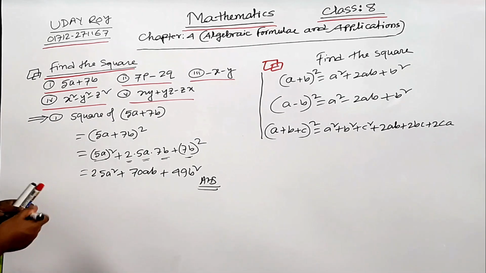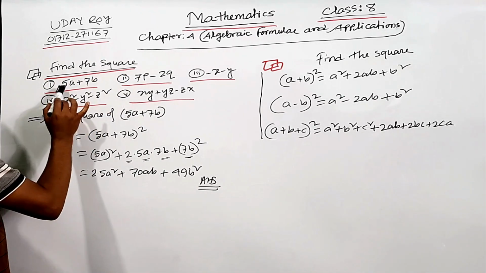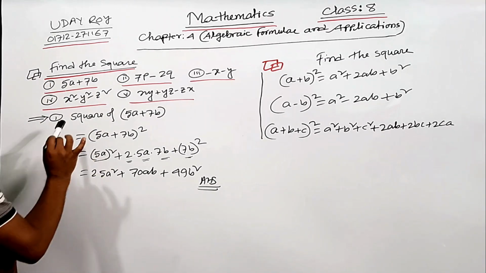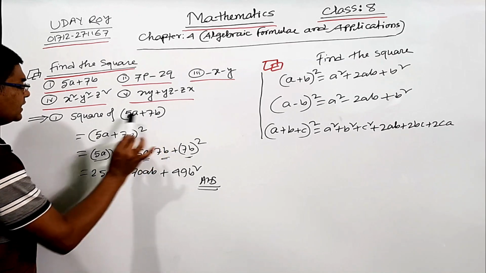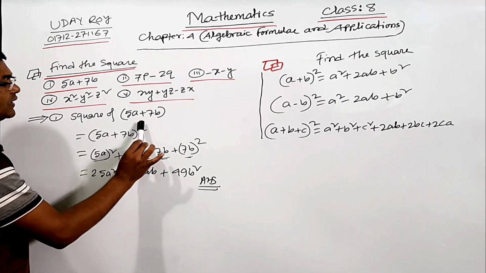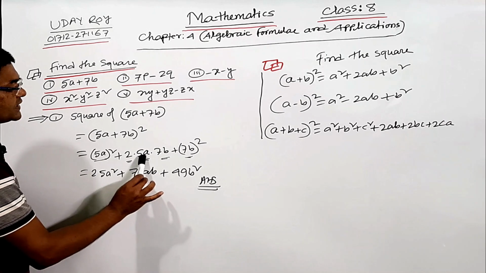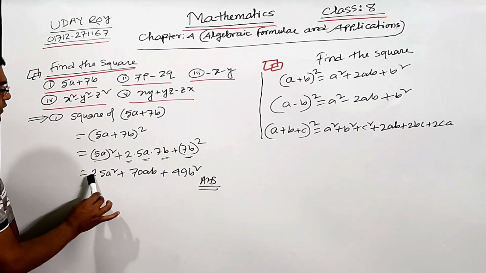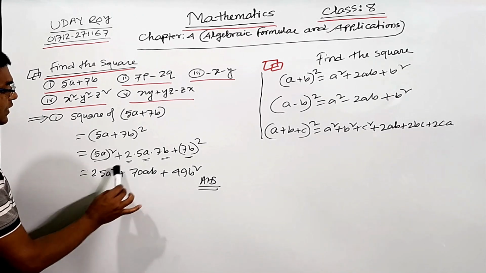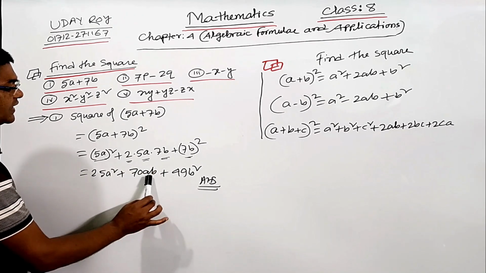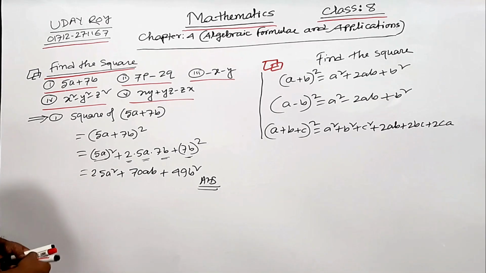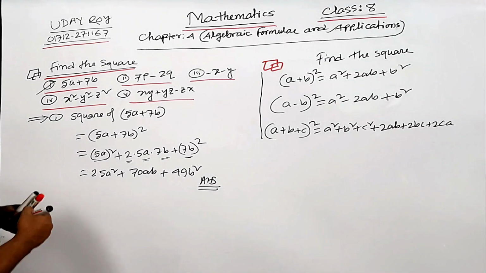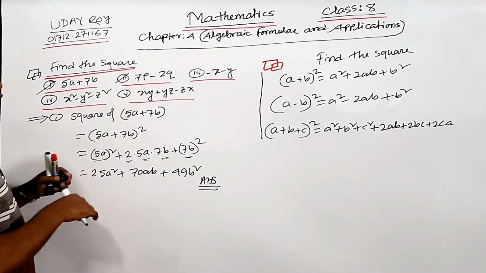You can see here again find the square of 5a plus 7b. So you have to write square of 5a plus 7b equal to 5a plus 7b whole square. So a square plus twice ab plus b square. So 5a whole square, so 5 5s are 25, here is a square. 5 tens are 10 into 7, 70ab plus 49b square. So we have done maths number 1. Let's come back. We will do maths number 2.